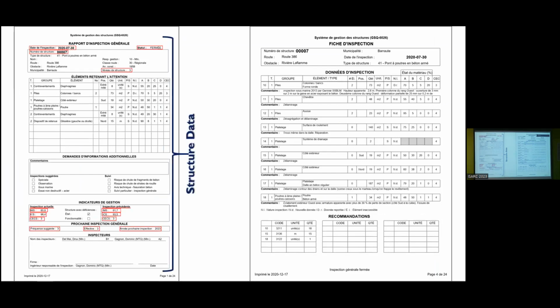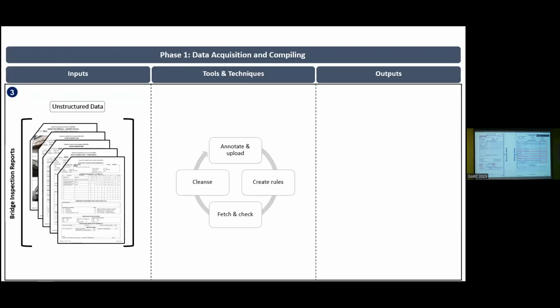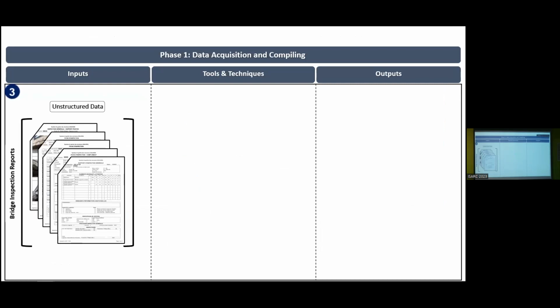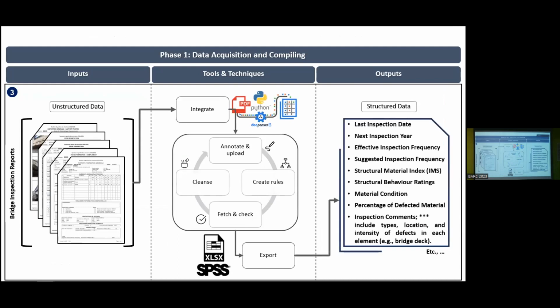In addition to these data, bridge inspection reports contain text information related to the structure and the different types of defects in each bridge component. To collect and structure this information, the third tier involved the utilization of rule-based information extraction techniques to extract these pieces of information and transform them into a structured format.